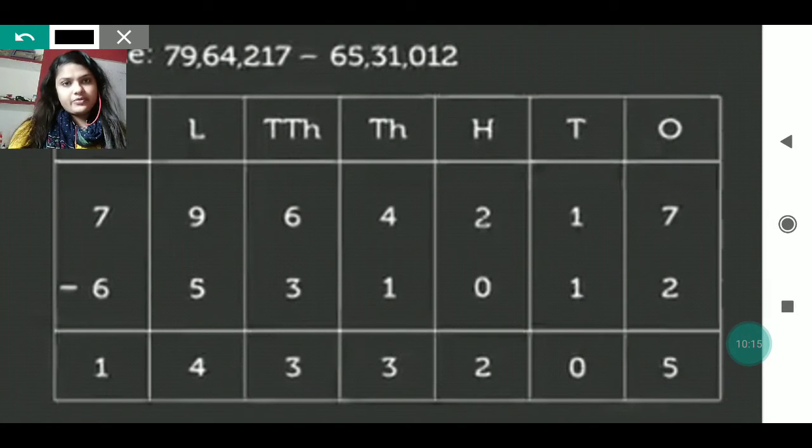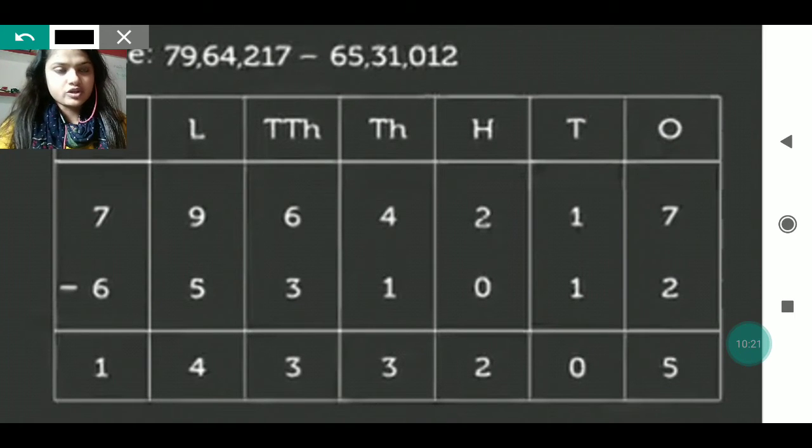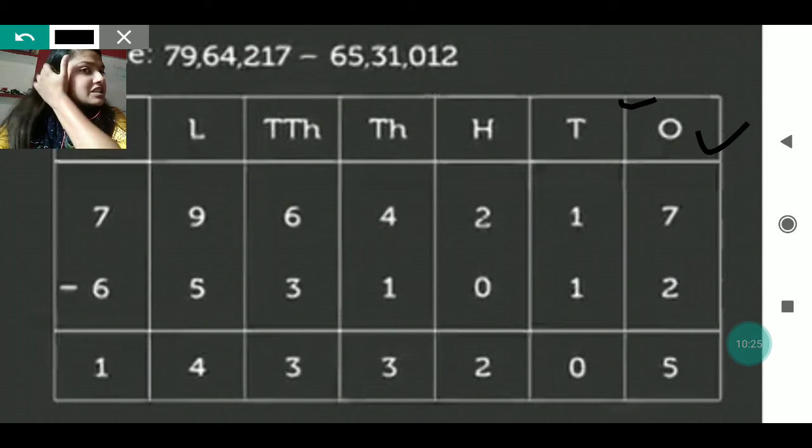Here is the simple subtraction, my dear. Simple subtraction means you don't have to take carry, but you have to arrange the number according to the place value chart. You can see the place values I have written upside. After arranging the number according to the place value chart, you will put down the numbers properly. Means now write the numbers according to their places. After that, you can start subtracting from the ones place from the extreme right side.